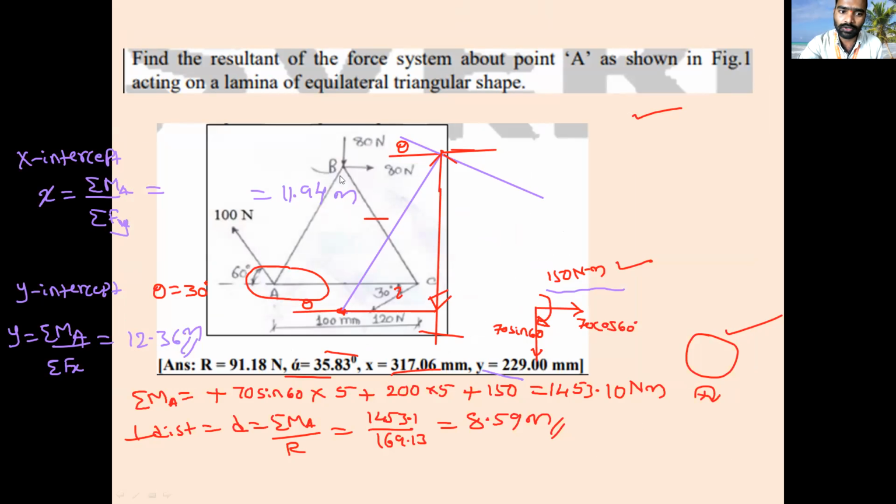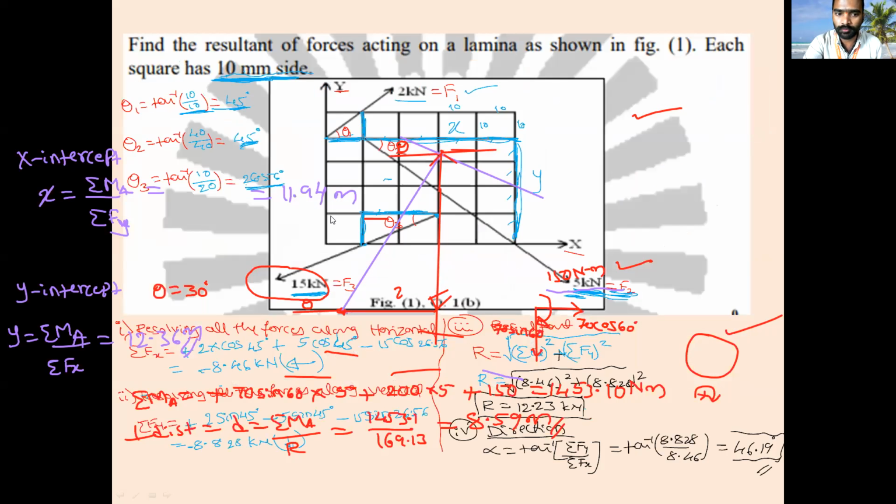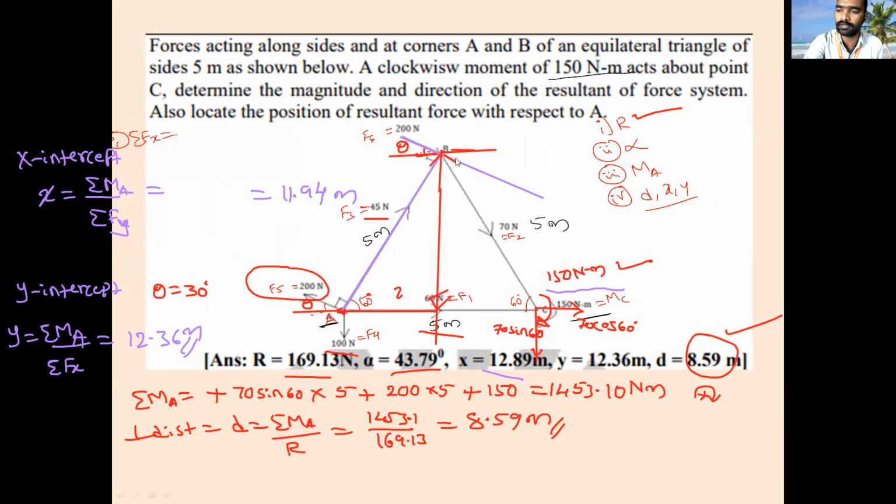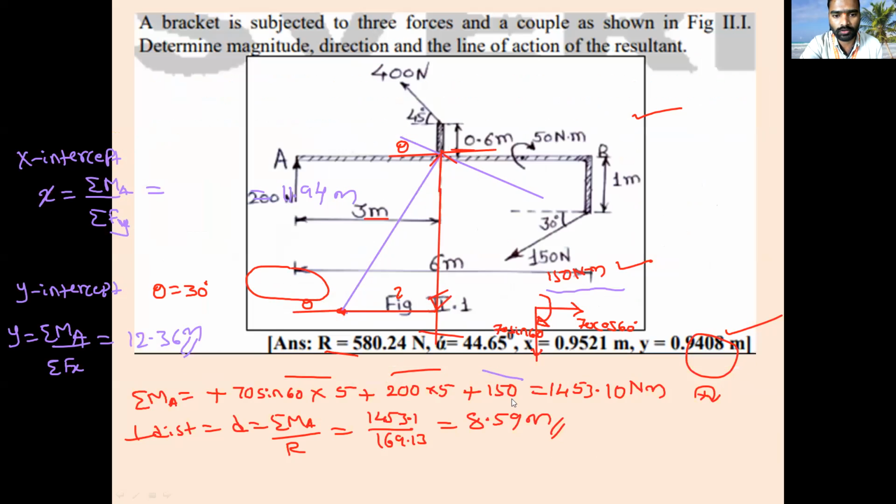Yes, sir. So see, I have not taken the inclined length here because the forces are given differently. Vertical force is different, horizontal force is different. That's why I have taken horizontal and vertical separately. So in this problem, he has given only one inclined force, and that inclined force is itself 90 degrees with respect to the given point A. Yes sir, he gave the perpendicular distance, so we did not find the component. Are you getting? Yes sir. Okay. No problem. Everyone, is it clear this problem? Yes, sir. Okay.